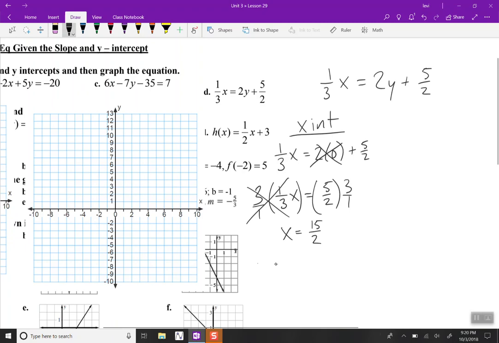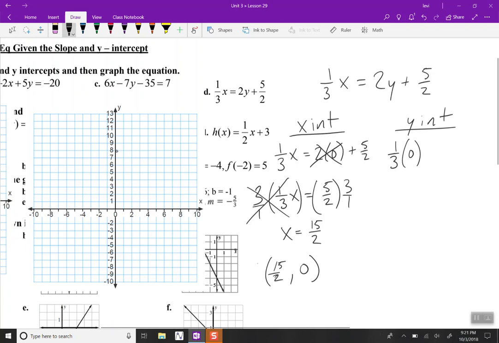That's (15/2, 0). What's our y value? 0. It's always 0 on our x-intercept. What is that also? What's half of 15? 7.5. In between 7 and 8. So then our y-intercept, the exact same thing. Now, I'm not going to rewrite this. Oh, I will. 1/3 times 0,